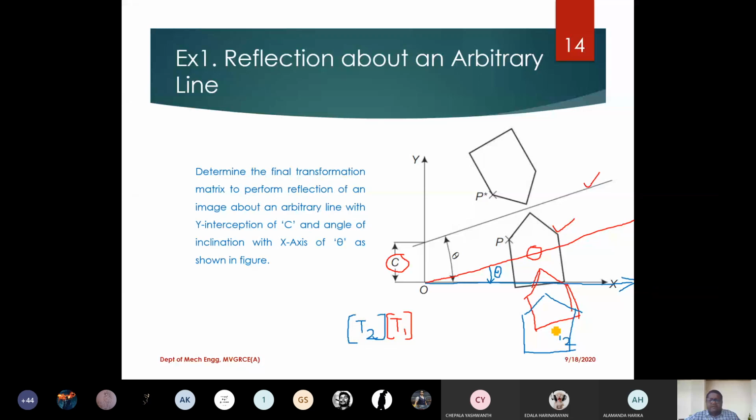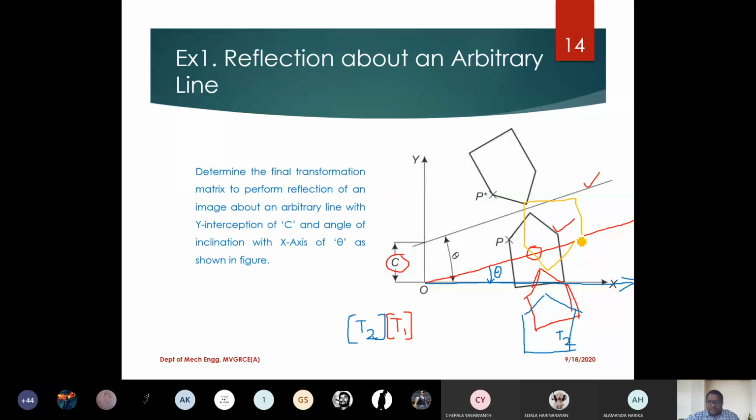So now I can happily perform the reflection. Why? Because the straight line is exactly matched to the x-axis, and I have the fundamental operation which lets me do the reflection about any axis. So now I can happily apply that reflection related fundamental transformation, so that the object will become like this. The object will go to yellow color like this. Okay, so what is this?